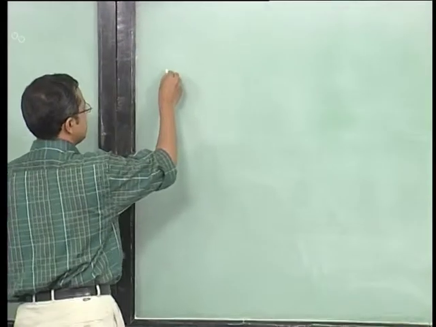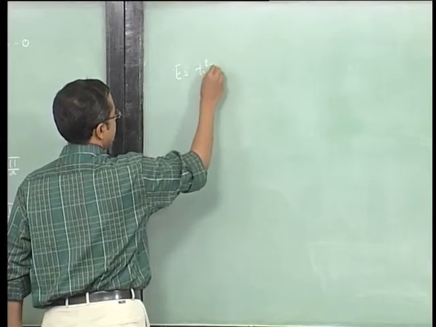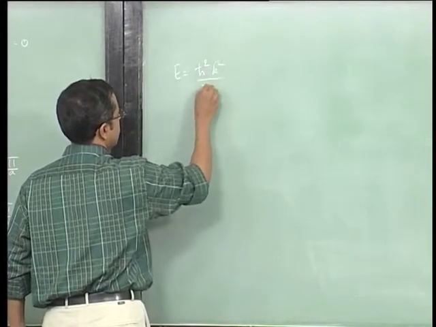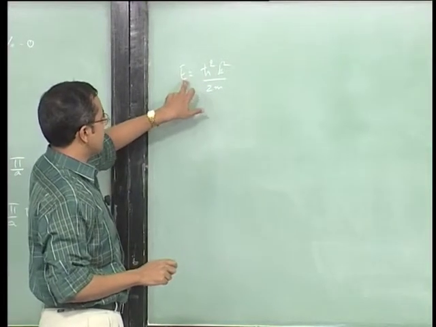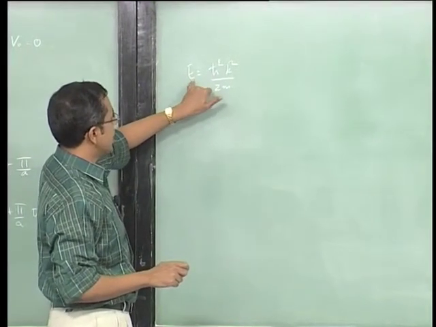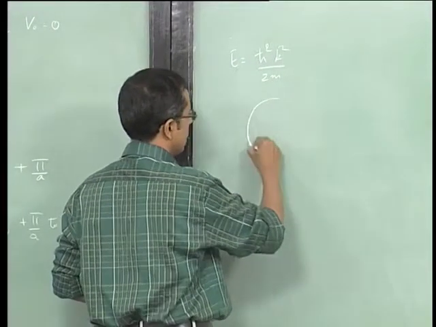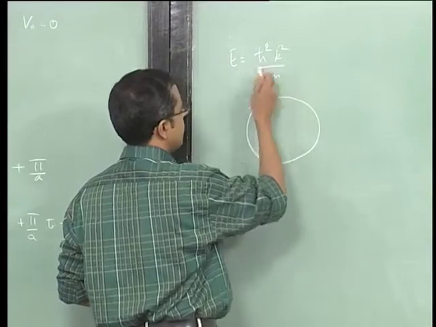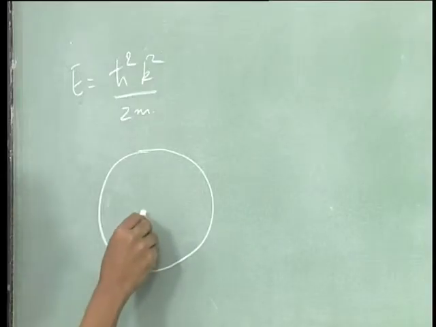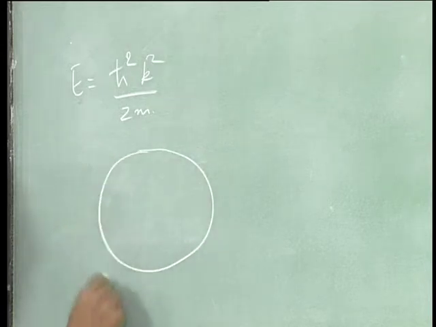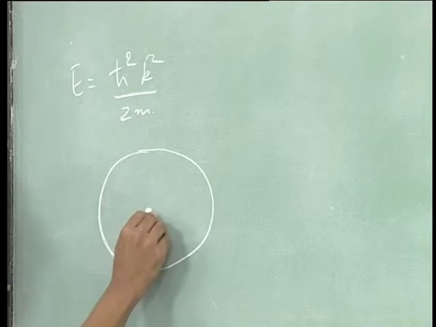So we have already seen that the E versus K relationship is E equals h bar square K square by 2m. This means that in 2 dimensions, points of the same energy are represented as a circle. That is why it is E equals h bar square K square by 2m. In 2 dimensions, if you identify all the points that contain the same amount of energy, therefore all the k vectors in k space,